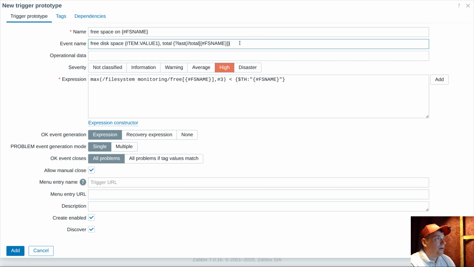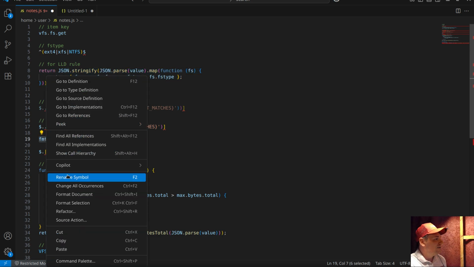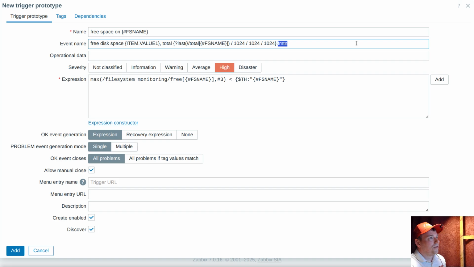But we can do algebra here on the fly, and to convert approximately to gigabytes, we can divide by 1024 and divide again and again. This will report quite an extreme decimal value. What we can do next is use the function format number, which is called formatnum. Okay, I will use the cheat sheet. The function is called this, copy,